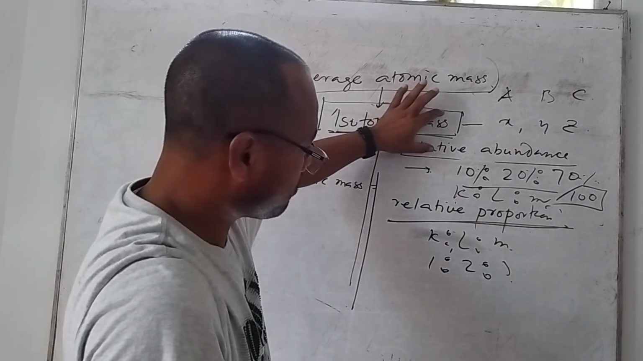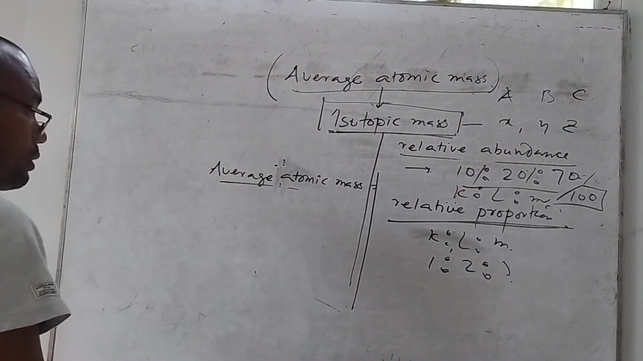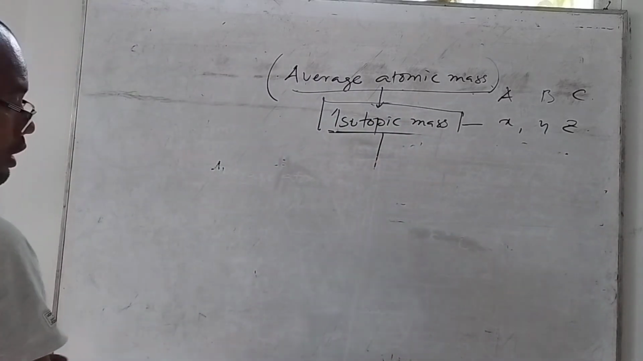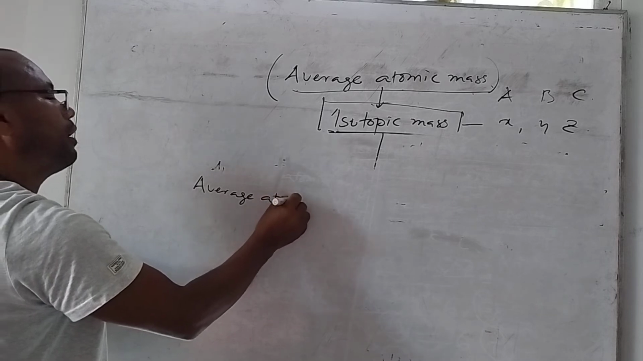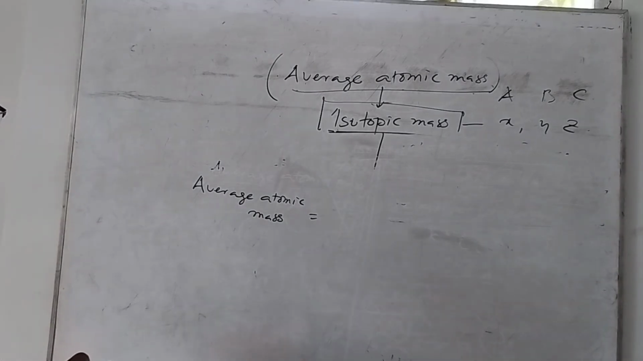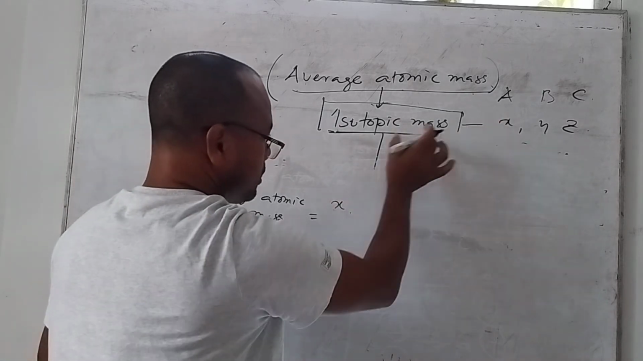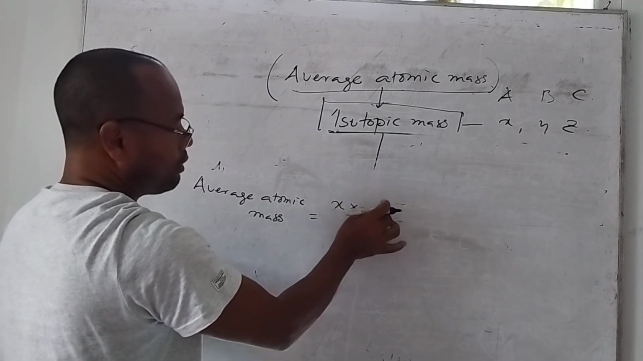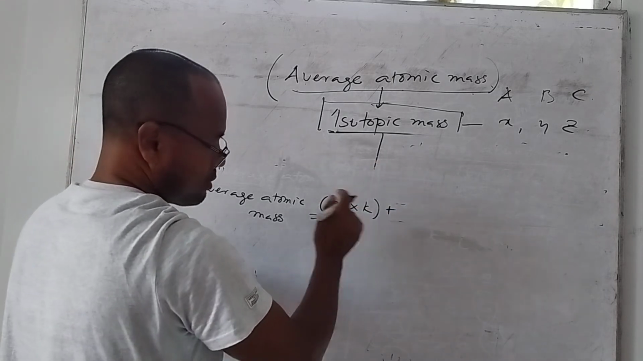If you know their isotopic masses and their relative proportion or abundance, how do we calculate their average atomic mass? The simple formula is here. I will show you. Average atomic mass of an element: number one, what is the isotopic mass? I write X as the isotopic mass of A, multiplied by its relative abundance, K, plus